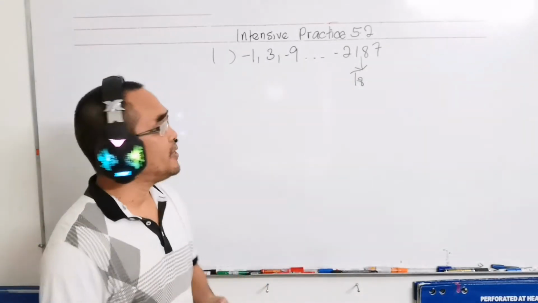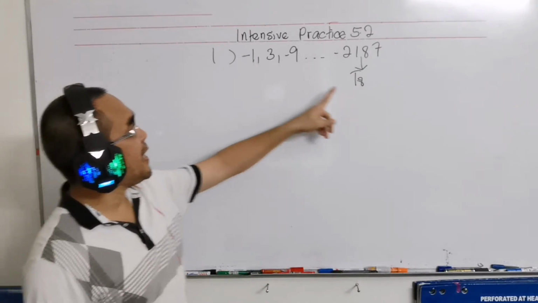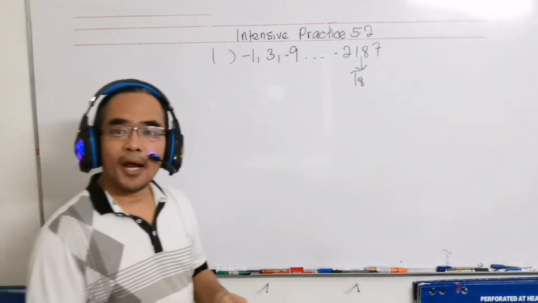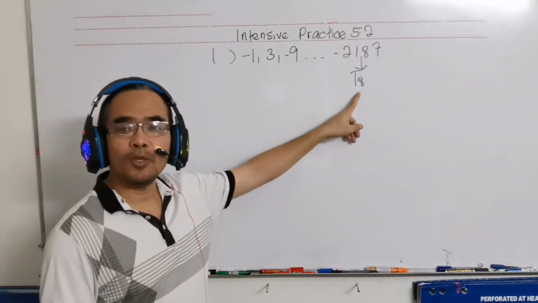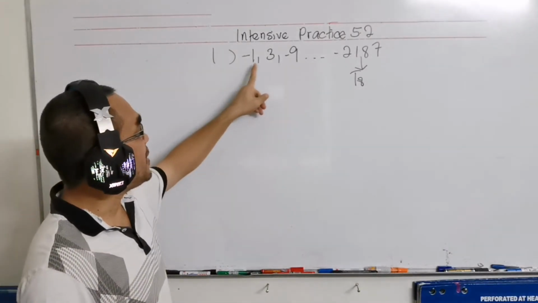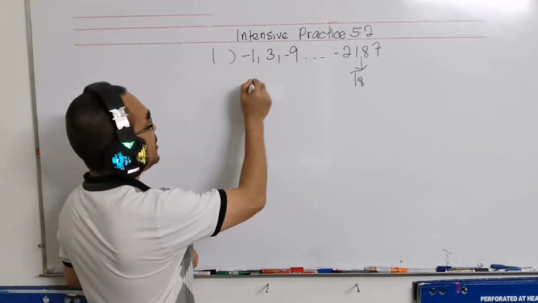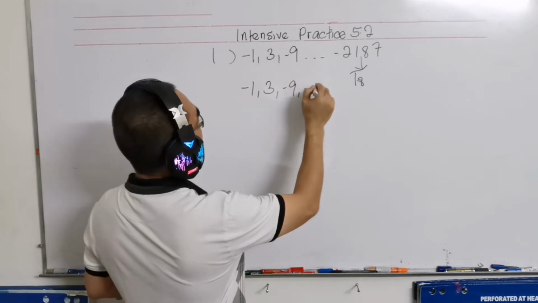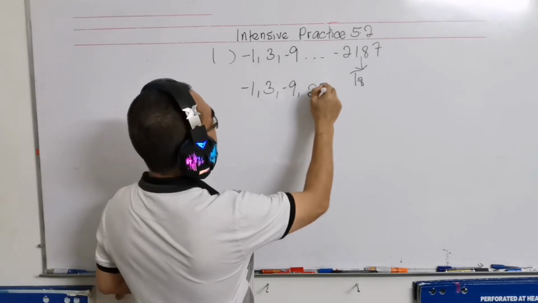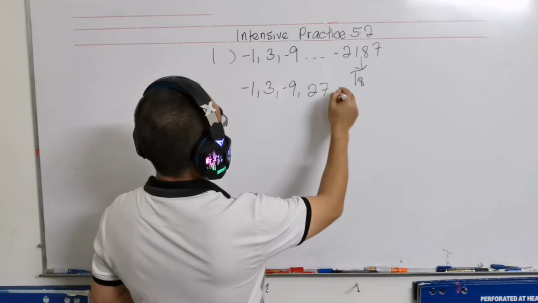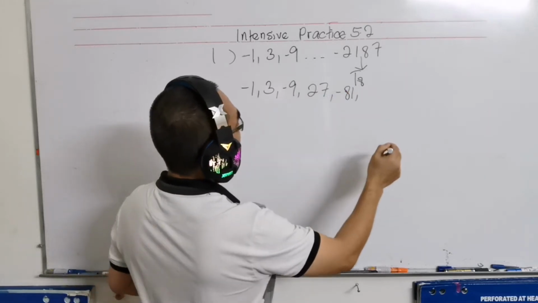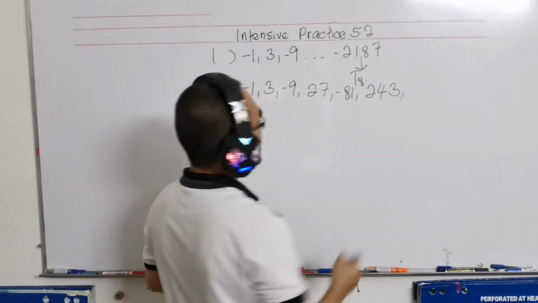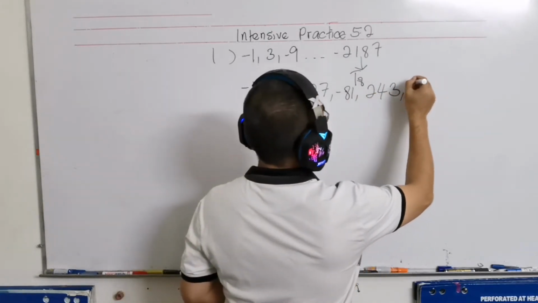We just discovered that there are 8 terms in this sequence. So you can try it out because 8 is not a big number. So negative 1 and then 3, negative 9, and 27. Then it should be negative 81, and then it will be 243. Then it will be